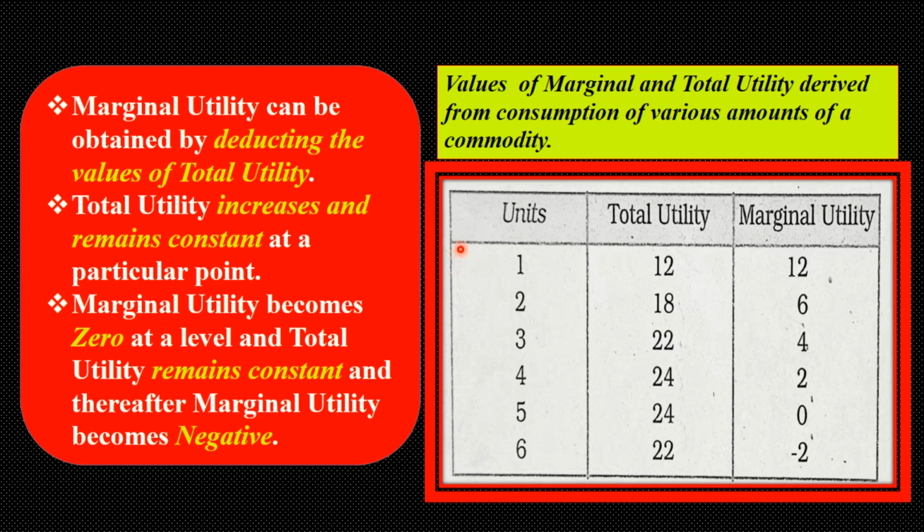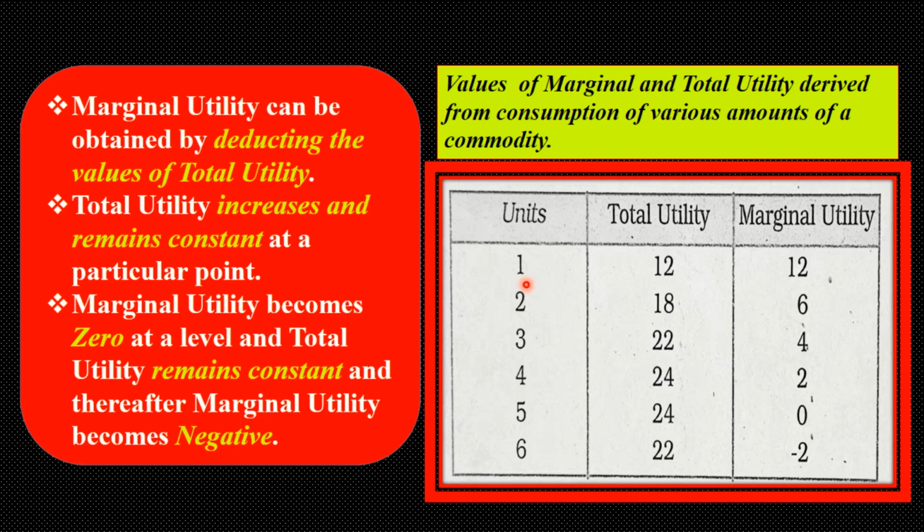In the first column, units of various commodities are given. The second column denotes total utility, and the third column represents marginal utility. Marginal utility can be obtained by deducting the values of total utility. For example,